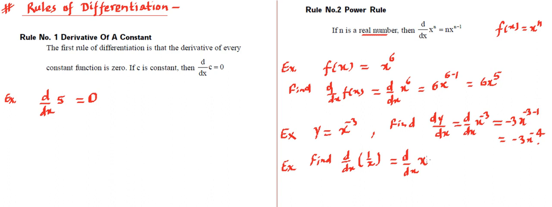So it's going to be x raised to power minus 1. Now you can compare this with the rule that we know. Here n value is minus 1, so as per the rule you will place the minus 1 in front and reduce the power by 1. So again minus 1 you are going to place over there. So it becomes minus x raised to power minus 2, which can be written as minus 1 upon x square.